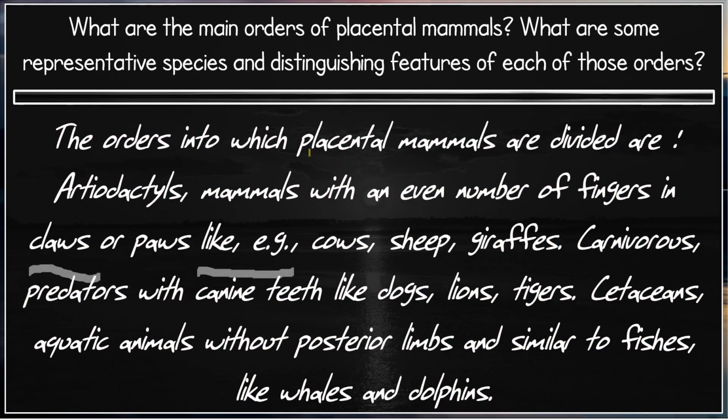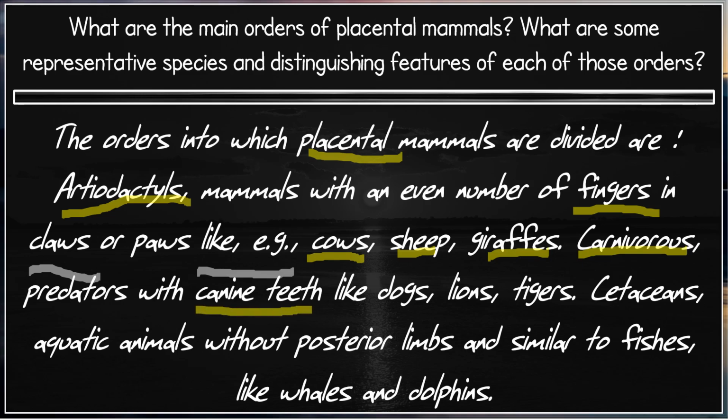The orders into which placental mammals are divided are: Artiodactyls, mammals with an even number of fingers in claws and paws, like cows, sheep, giraffes. We have the carnivores, predators with canine teeth, like dogs, lions, tigers,